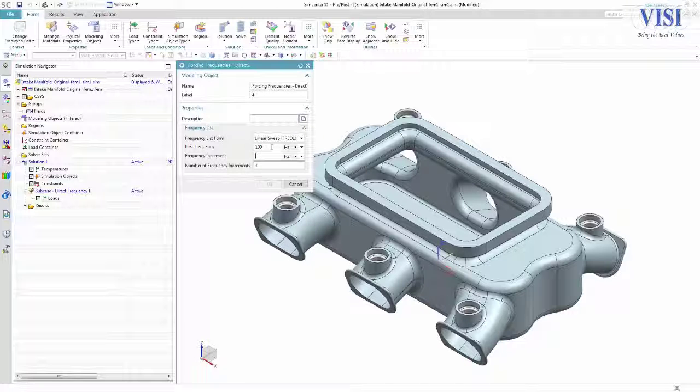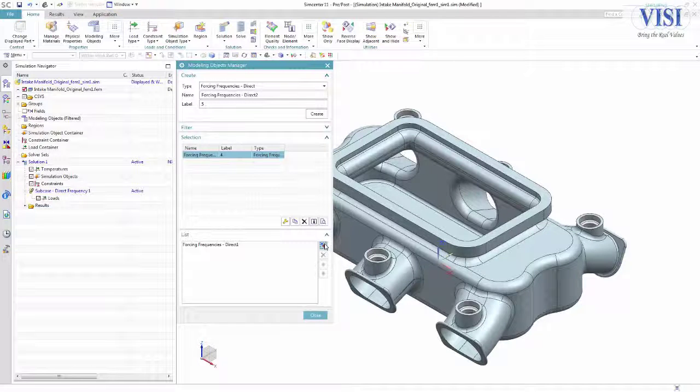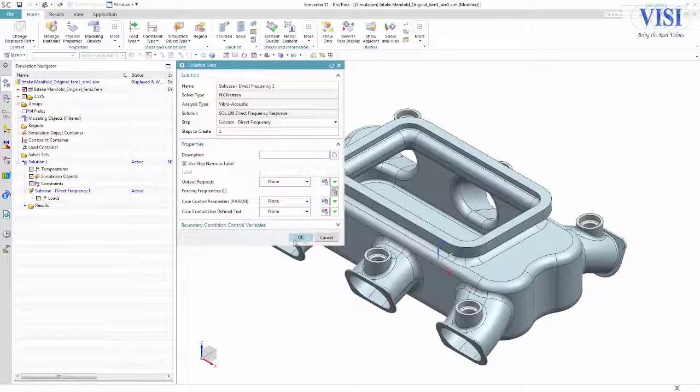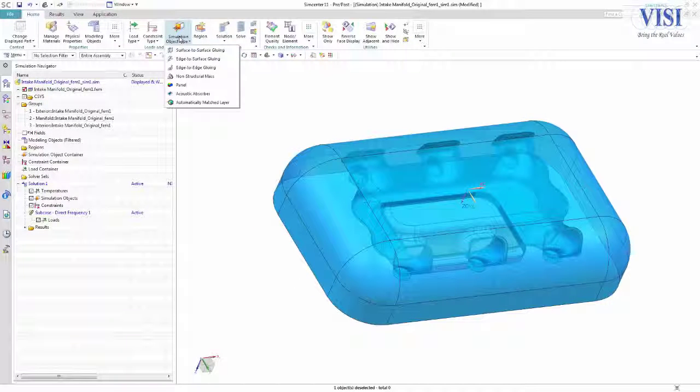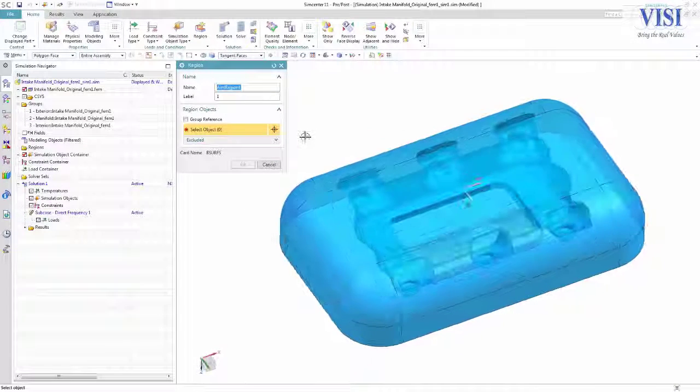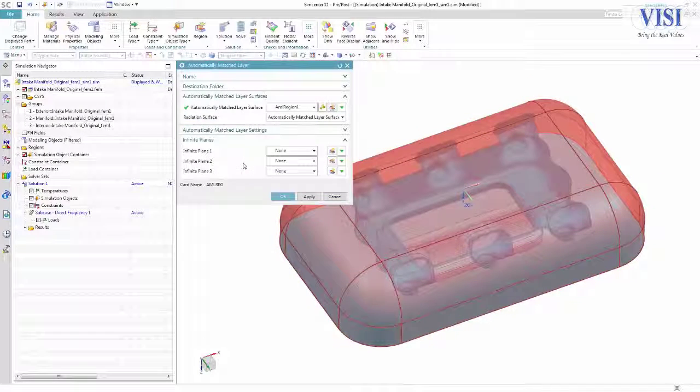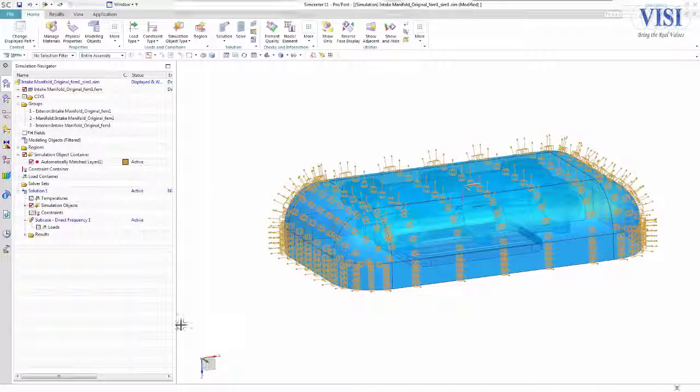In this simulation, you want to evaluate the acoustic performance of this air intake manifold. In doing so, you need to define some forcing frequencies from 100 to 1000 Hz. And to speed acoustic solution time even more, SimCenter 3D has the ability to define an automatically matched layer, or AML. The AML is similar to a perfectly matched layer, or PML, that is used for acoustic simulation. However, you don't need to physically model the AML unlike you do for a PML used in other tools. This means the AML, which is only available in SimCenter 3D, reduces both your modeling time